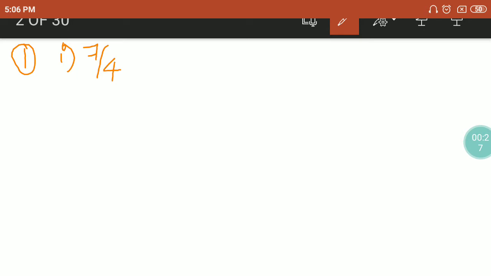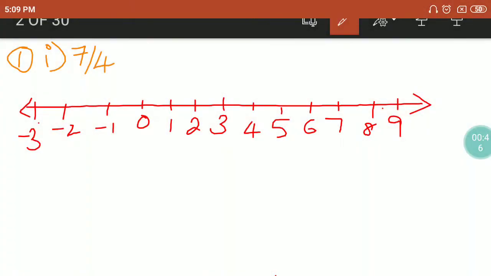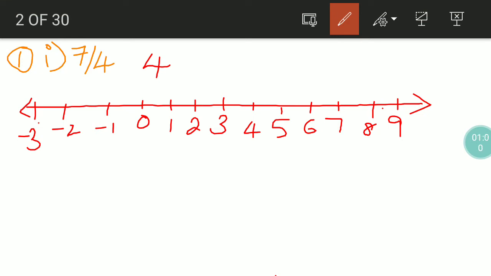First, one number line must be drawn, right? So this is a rough one. You should draw using your scale and pencil. Now you will have 0 in the middle, right? Then 1, 2, 3, 4. So this is the number line, right? On the right hand side we have positive and the left hand side we have negative, and in the middle we have 0. So the denominator for this number is 4, right? So 4 is the denominator. So for everything we are going to put by 4.